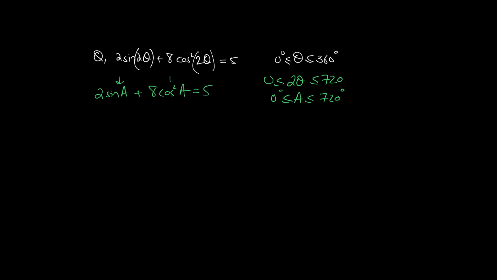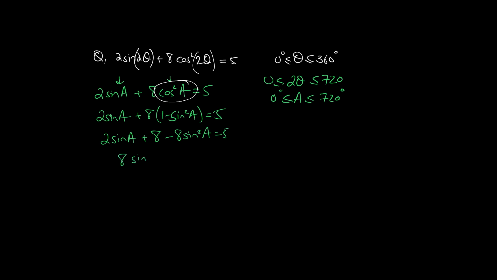Again, two different trigonometric equations. Which among them could you replace? Yes, you could replace cos square. So 2 sine a plus 8 times 1 minus sine square a equals 5. 2 sine a plus 8 minus 8 sine square a equals 5. Again a disguised quadratic. 8 sine square a minus 2 sine a minus 3 equals 0, and the two values of sine a would be